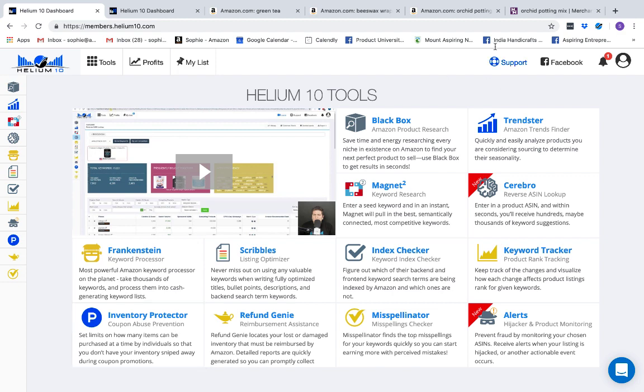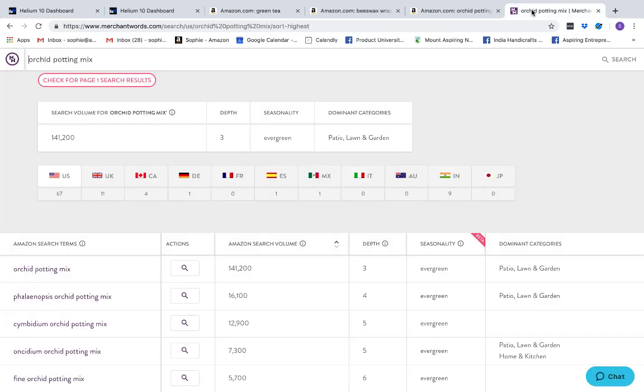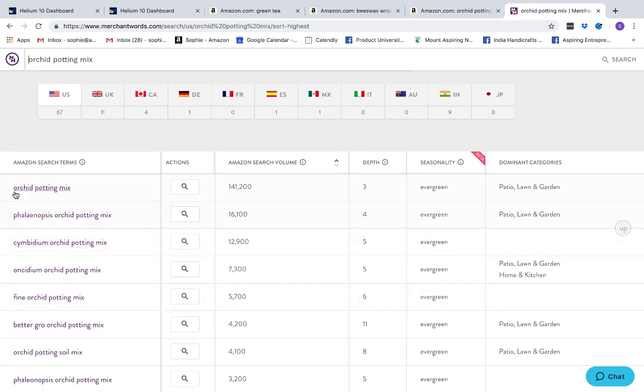So let's get started with a keyword tool that I use that helps me find out the level of demand. I use a tool called Merchant Words for this. It's a very low cost tool, about $9 a month. I've got a coupon code available, and that brings the monthly cost down to just $9. What I do is I type the keyword in at the top and press search. This is the worked example we're going to look at, Orchid Potting Mix, just because I happen to have some in a pot plant in front of me on my desk, but I think it's actually quite a good product